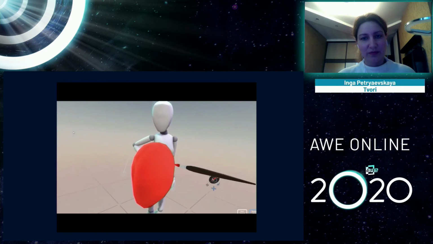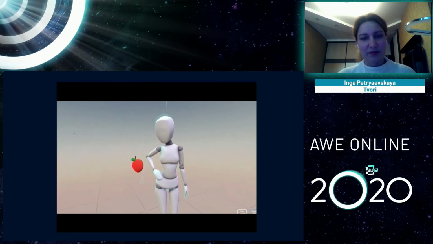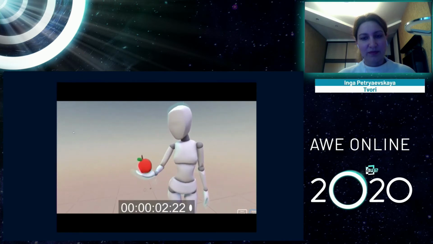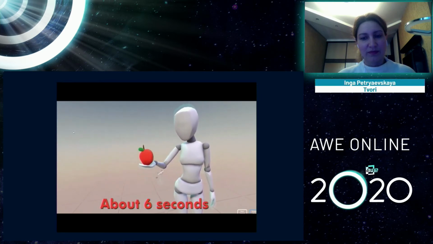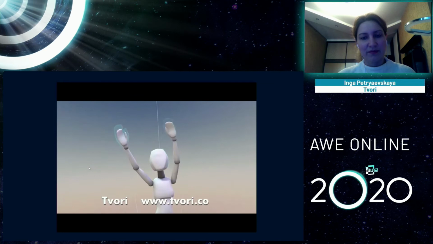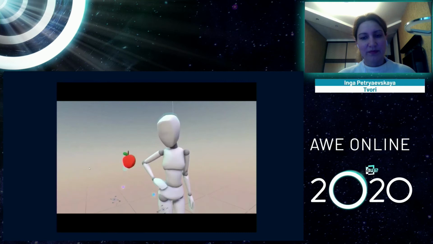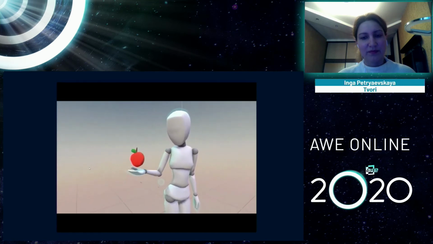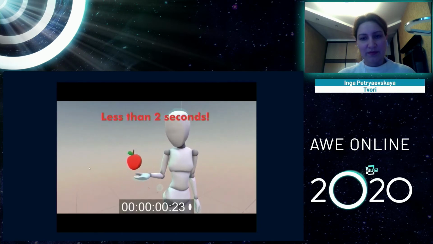VR tools have simplified the act of digital 3D creation by allowing us to create in more intuitive ways. When I work in VR, I see things the way I do in the real world, so I can pick up an object and put it exactly where I want it the first time. That's huge. I'm using the software Tvori here, and there's an even faster way to manipulate these objects because I don't just have to use one hand the way that I use a single hand on a mouse. I can grab multiple parts of the character and move it all at once. Look at that. So fast.